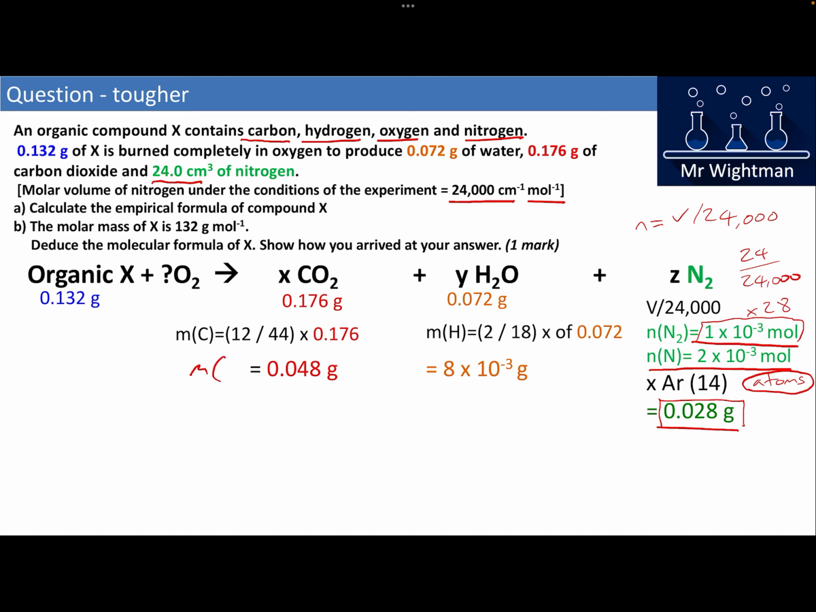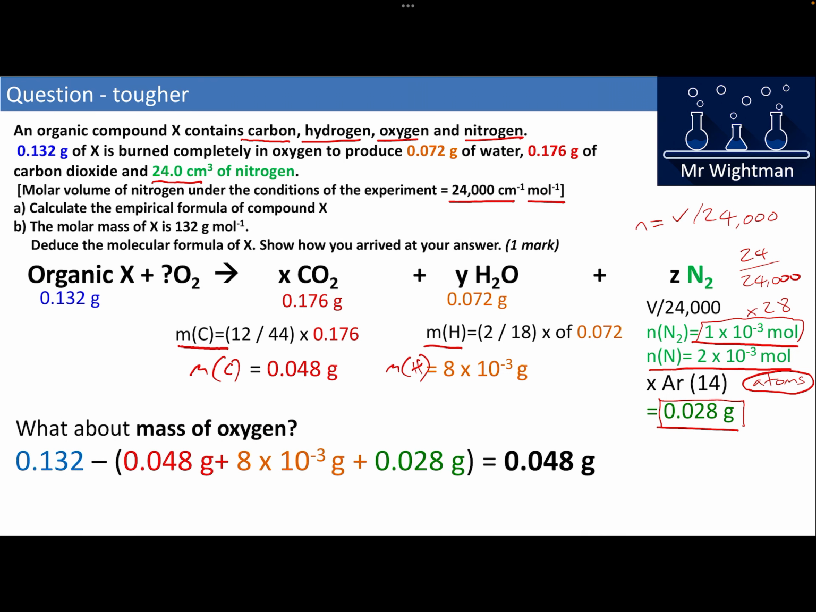So that's my mass of carbon, mass of hydrogen and mass of nitrogen. It's always good to show the examiner what your values are. So again, mass in brackets carbon equals, or mass in brackets hydrogen, and that way they can easily go through your working. So the mass of oxygen now, which you should leave to last, so don't work out oxygen until you've got the rest of them,